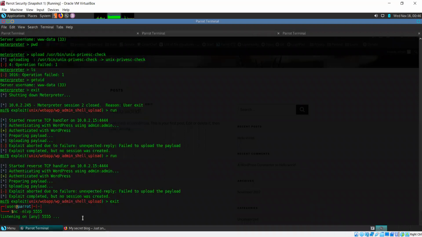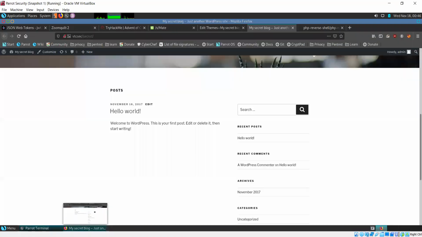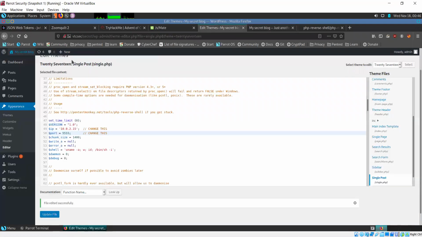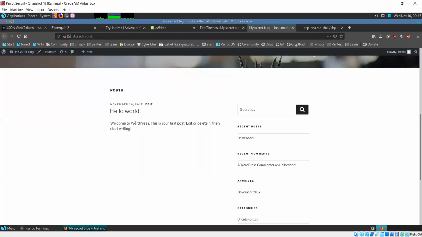Now what I'll do is I'll go to this website. If you remember, we edited the page for a single post. So if I click on this, it should open up the page for a single post for this particular post, but you can see it's taking time. Why?